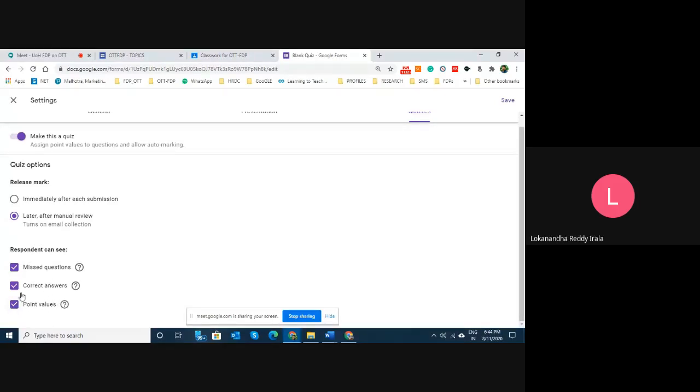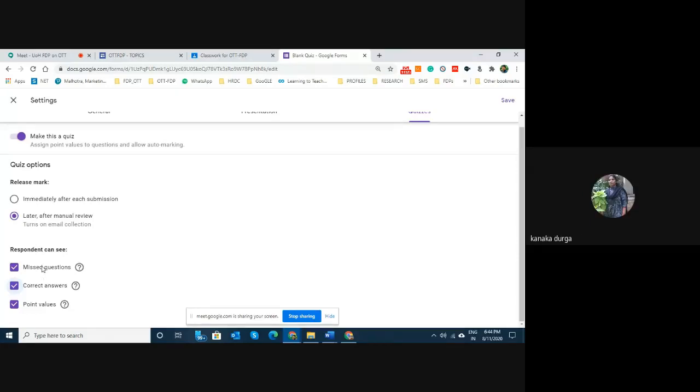Point values means how many marks there are for each question, but they will not know their total score. So you keep them guessing. Maybe later on you can release that. Now let us play with both the options, and within these also you can uncheck some of them. I mean, if students should not see missing questions, you can uncheck it. If you don't want them to see the correct answers, you can uncheck it. But there is no reason why we should.